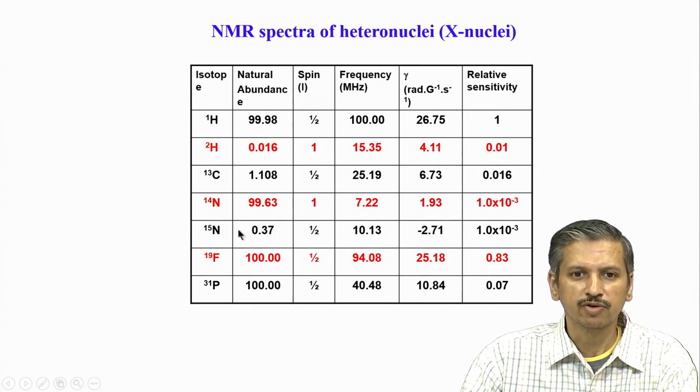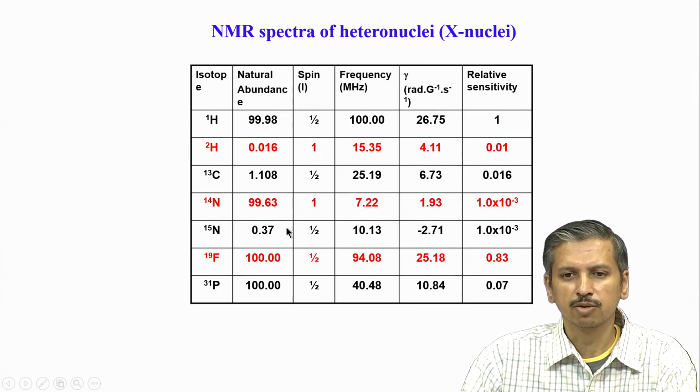Now if you look at nitrogen 15, this is another favorite, popular nucleus after carbon 13. Carbon 13 and nitrogen 15 are the most popular in biomolecules. Here again the problem of sensitivity comes from the same two factors. The natural abundance is very low, in fact 3 times lower compared to carbon 13, and the gyromagnetic ratio shown here is even 10 times smaller than proton. So compared to carbon, nitrogen is even lower in sensitivity. The total sensitivity is 1000 times less relative to proton.